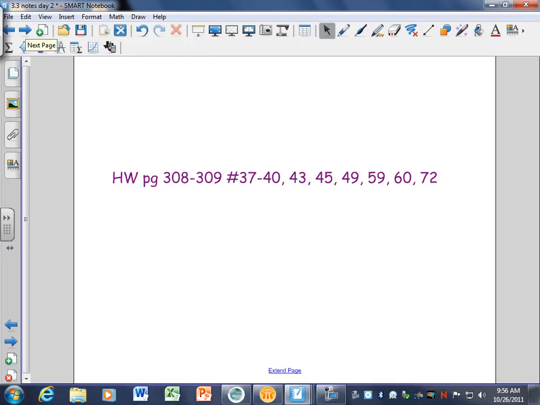So 37 through 40, those are matching graphs. Try to look, I believe they're transformations. Try to look to see what's happened where it's moved left